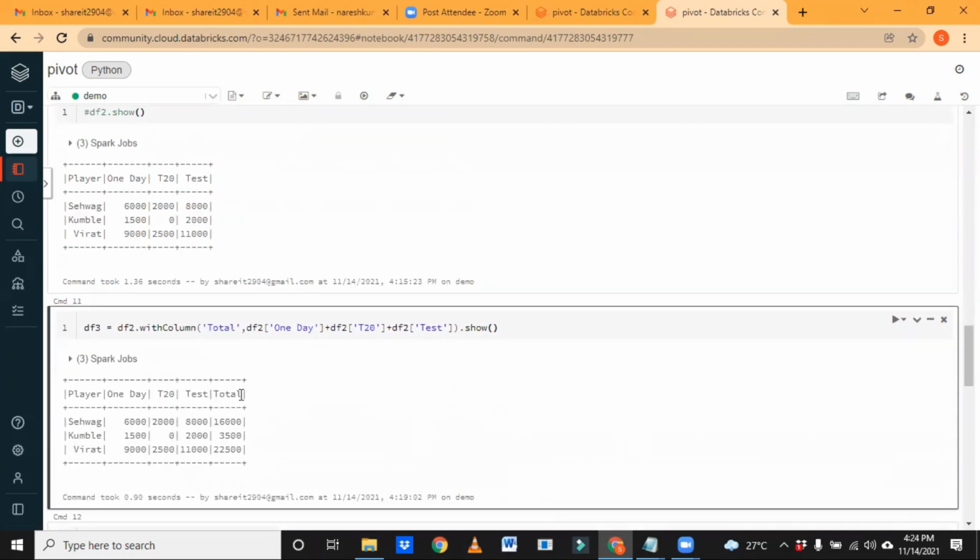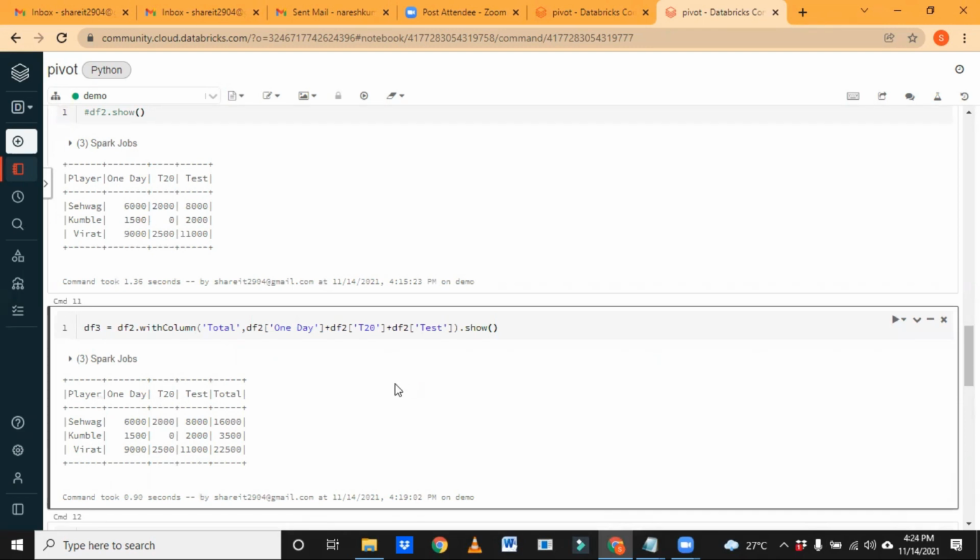See here, we created one more new column, and it is the sum of all these three. As a whole, he scored 16,000 runs across all formats. So for Kumble and Virat, this kind of stuff we can do by leveraging this pivot function.